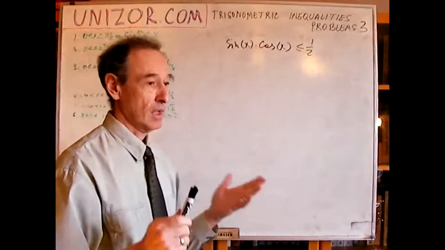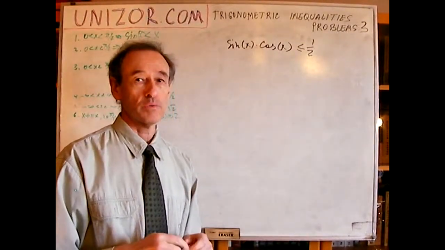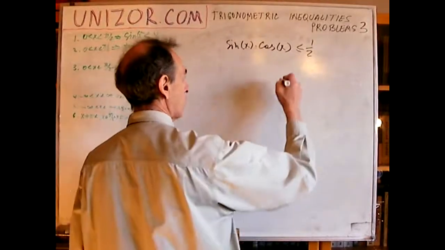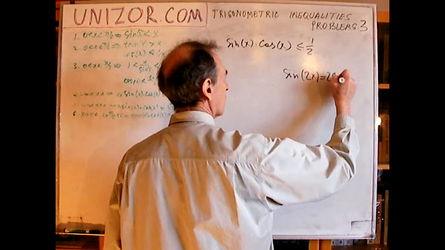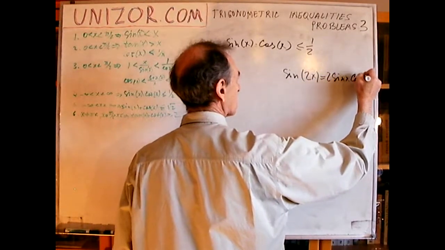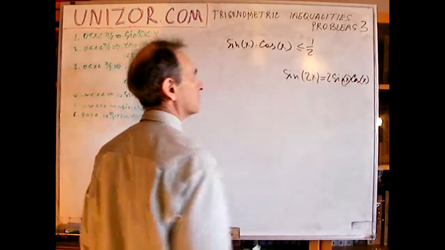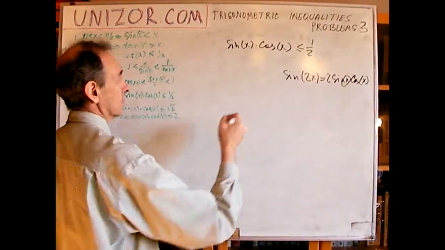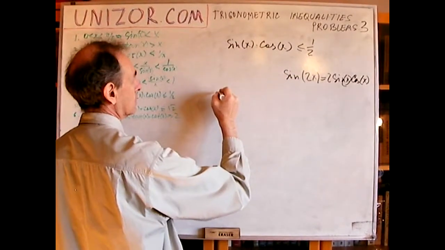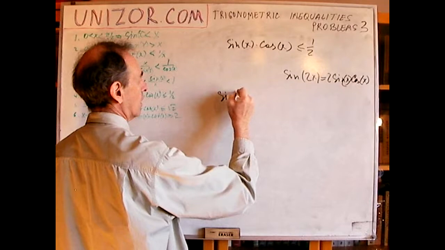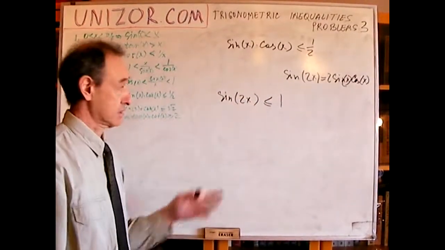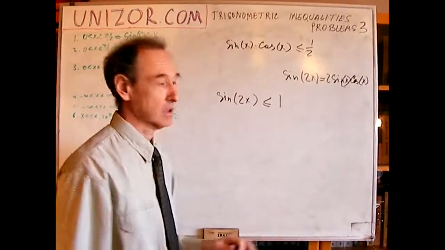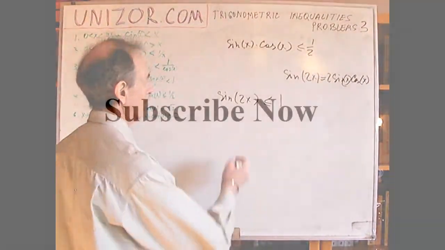Well, I'm sure we remember the formula for sine of 2x, which is 2 sine x cosine x. Right? So, obviously, sine of 2x is less than or equal to 1, because sine of anything is less than or equal to 1. And since sine of